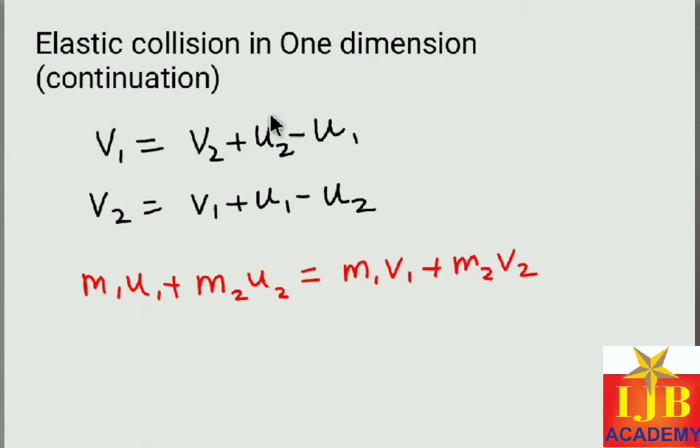So with these two equations, substituting the value in the momentum conservation equation, I get the final velocities in the form of masses m1 and m2. So that is what we are going to do in this video. First, to get velocity 1, we are going to substitute, and then to get velocity 2, again we are going to substitute. So let us see.